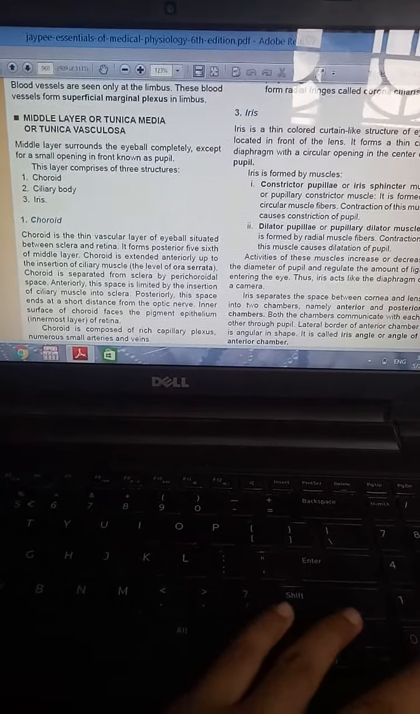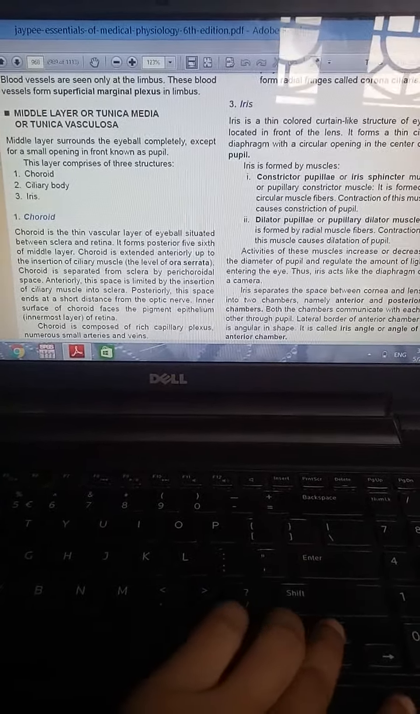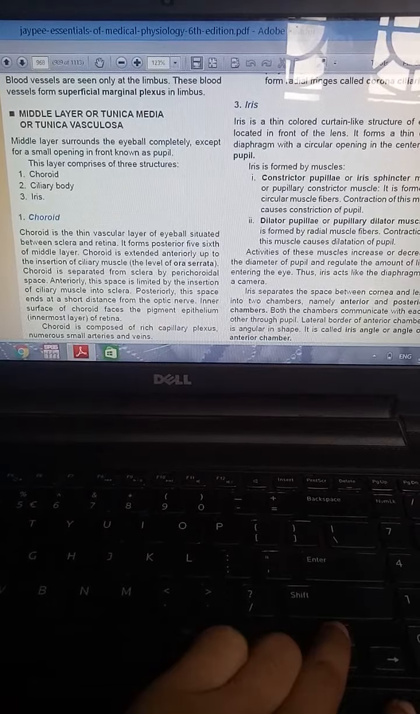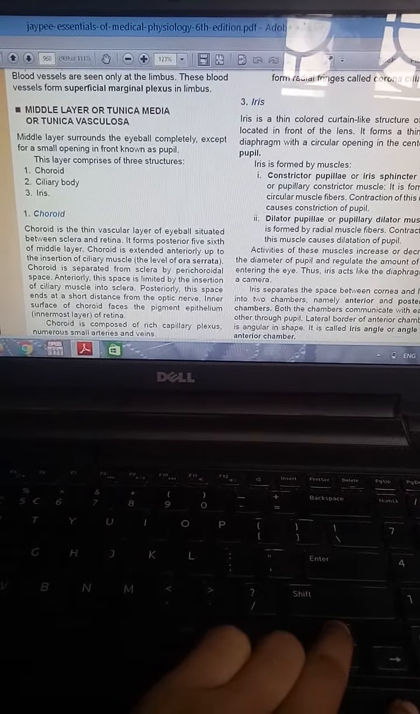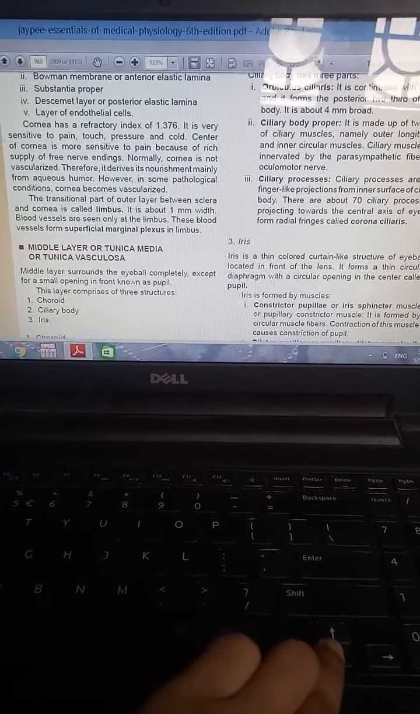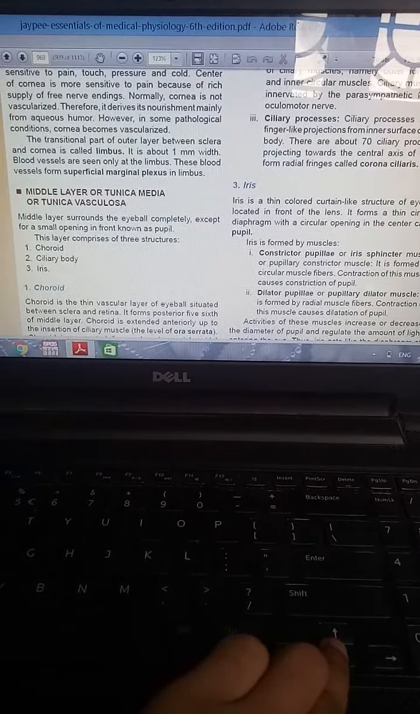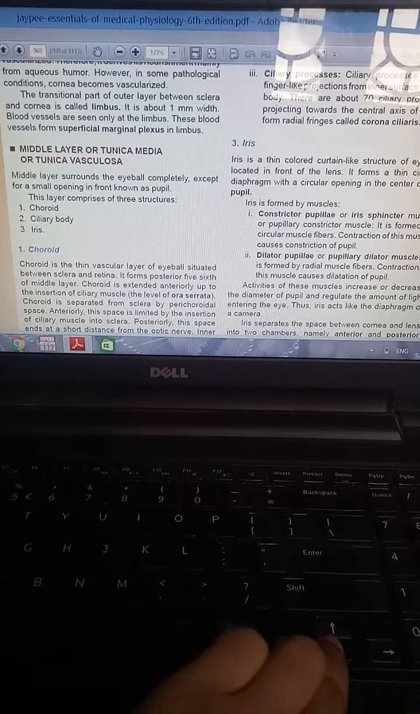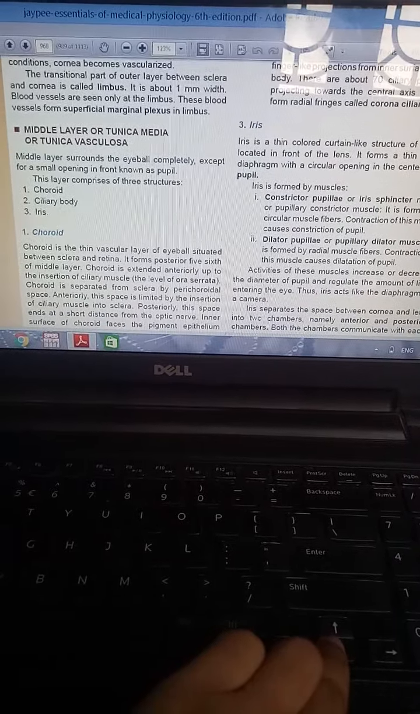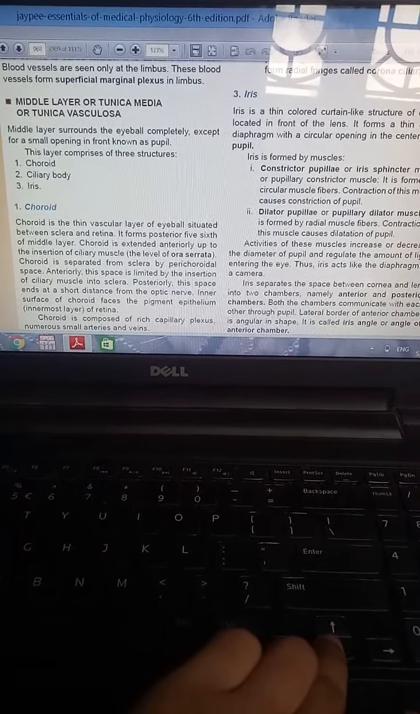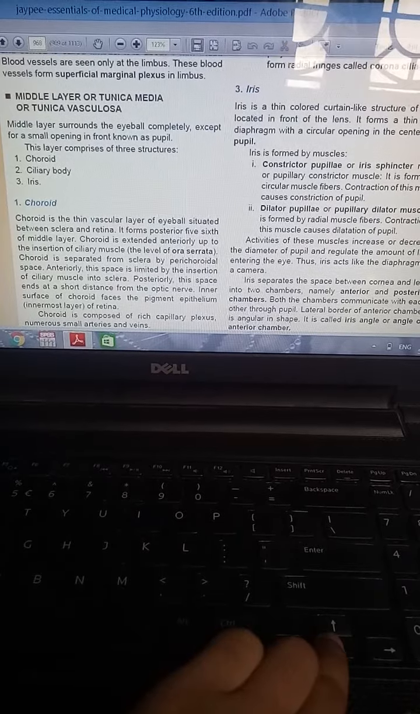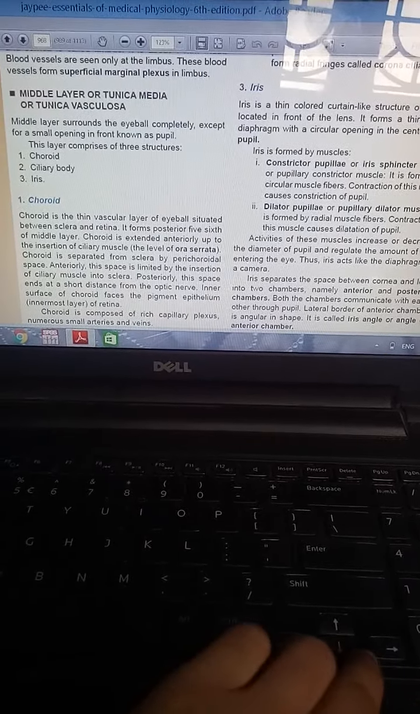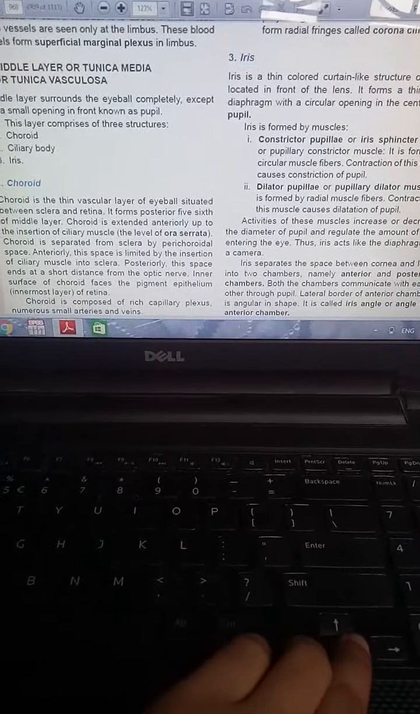Good afternoon, everyone. As we are talking about the layers of the eyeball, today we will start with the middle layer, which is also known as the tunica media and the tunica vasculosa. The middle layer of the eyeball surrounds the eyeball completely,